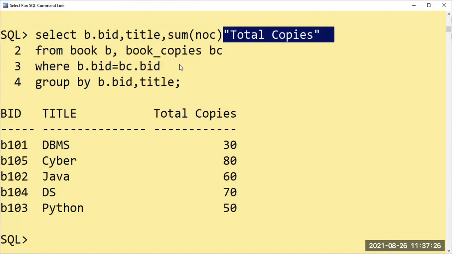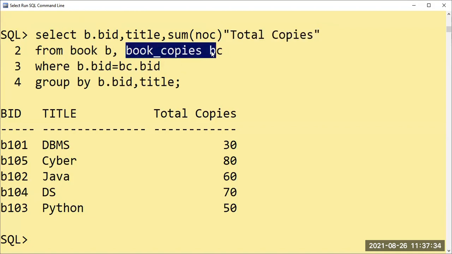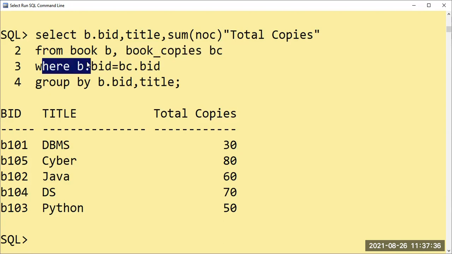For identification and analyzing what it actually is, you have to take the total copies from which tables: book B, book copies BC here. Then we use the where condition, matching column B.BID equal to BC.BID, as book ID is present in the book table as well as in the book copies table here. Group by B.BID, title.